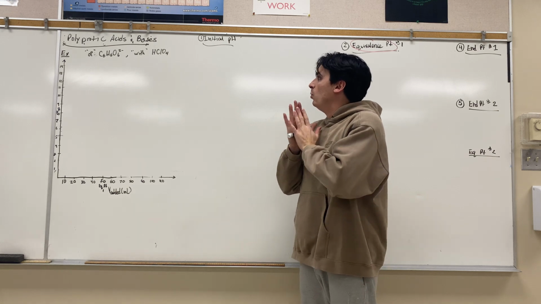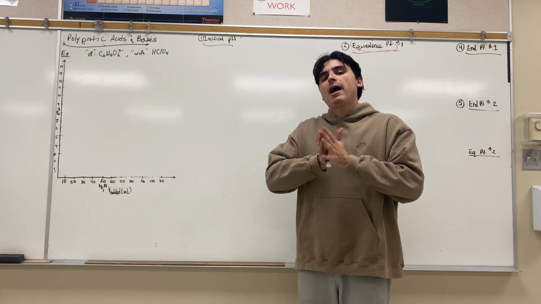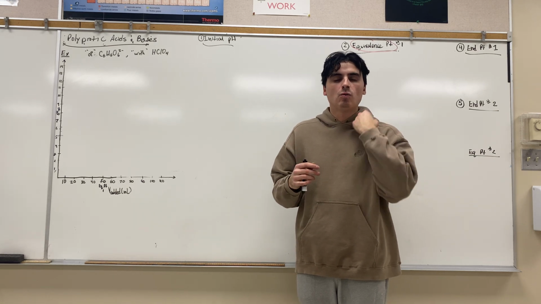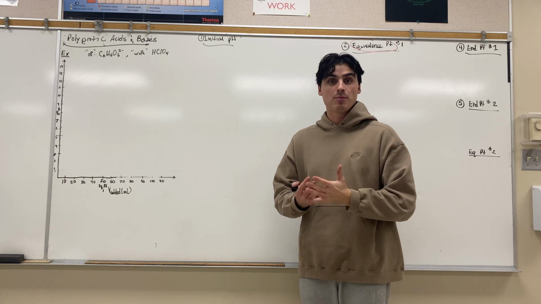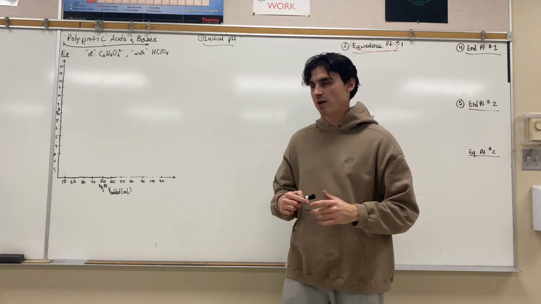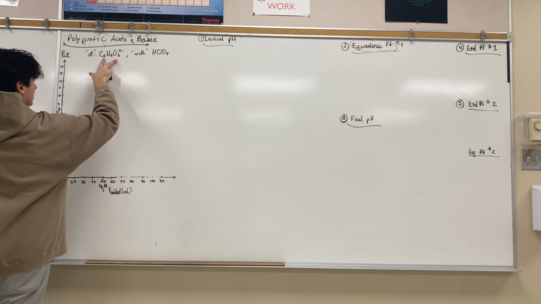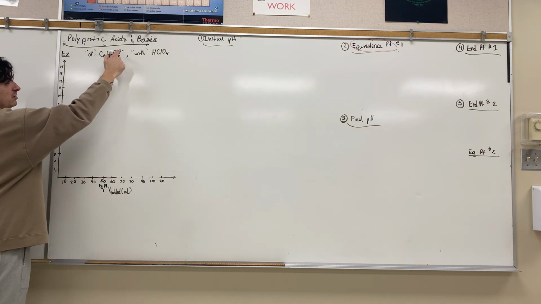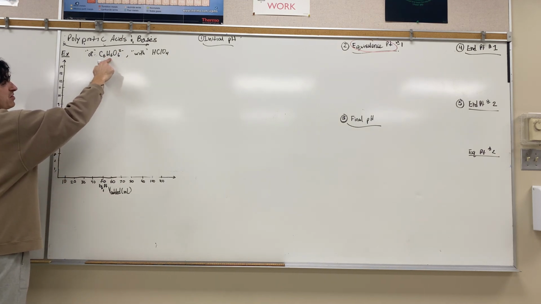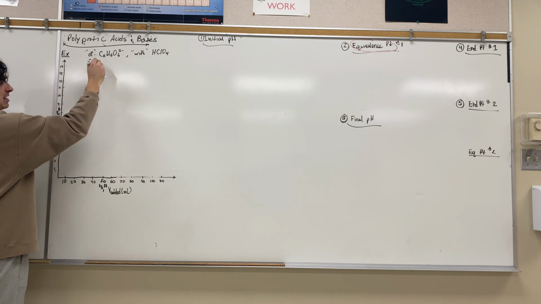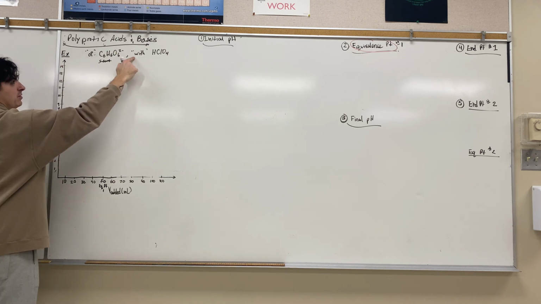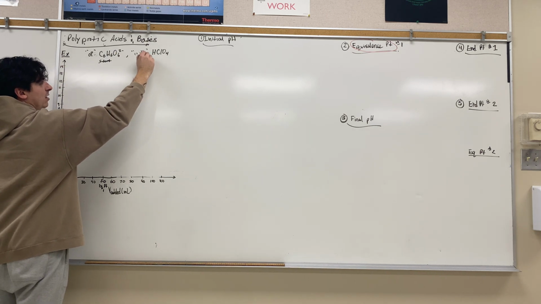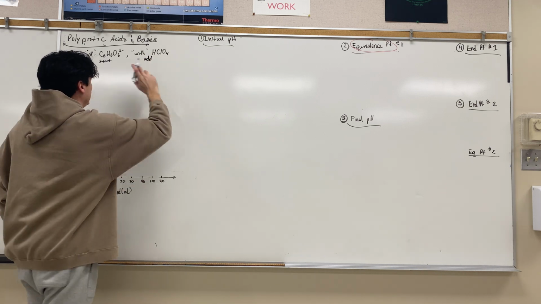Now, when we do this, again, focus on the vocabulary of the question if you're unsure which one starts in the sample and which one is being added from the burette. So if I have C6H6O6 2-, okay? If I have that and it says "of," that means I'm starting with it. And if it says "with HClO4," we are adding it. So in my sample, I start with